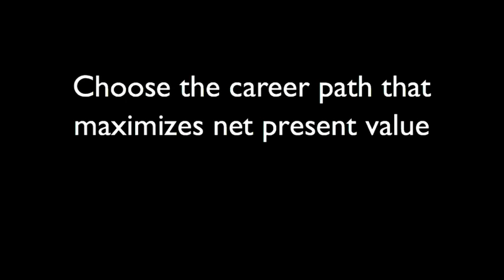Okay, that's the textbook definition, so let me give you a very simple analogy. The idea of a net present value is, imagine you have this guy at the beginning of his path of life, and he's looking down the path into the future, and at certain points along the path he sees that he's going to be making different amounts of money. So his net present value is like how much he values the future streams of income that he's going to get throughout his life.